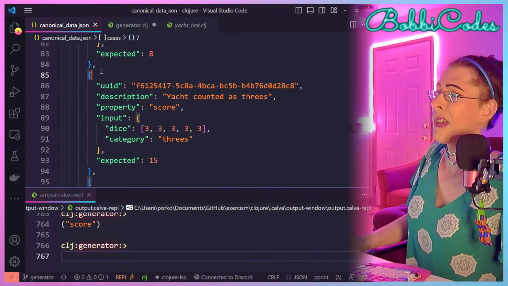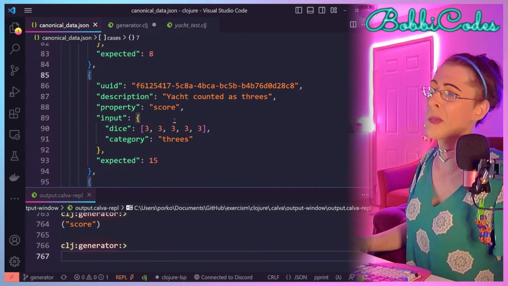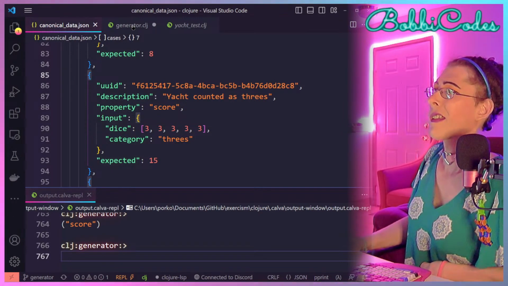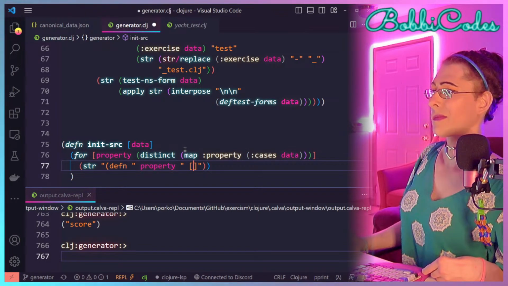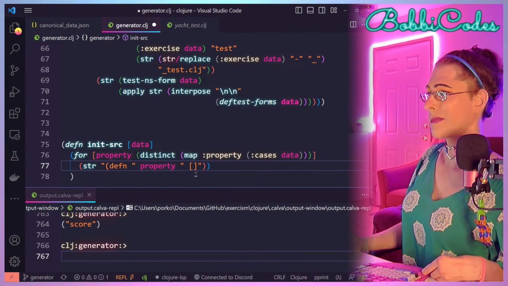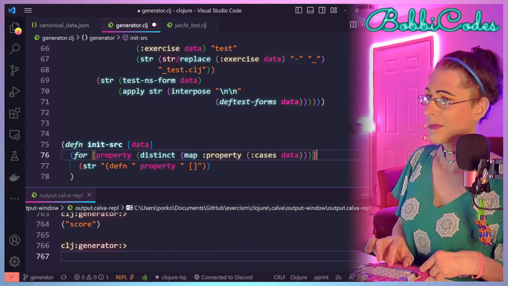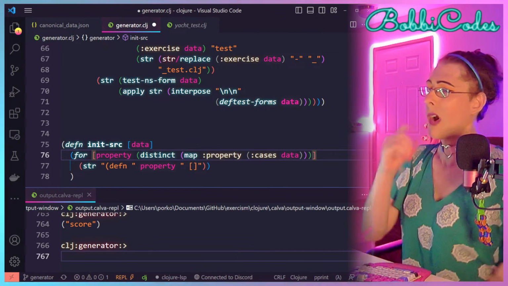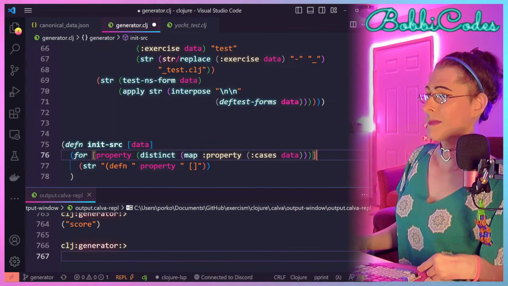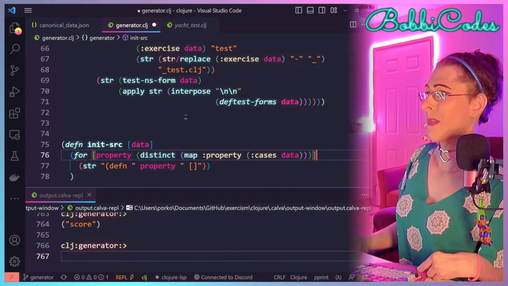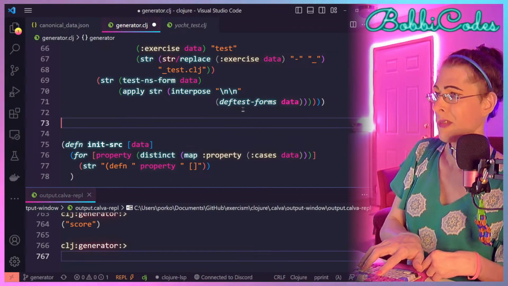So we can just go ahead and return the first test case with the property that we are looking for. Let's see. I'll figure this out outside of here.